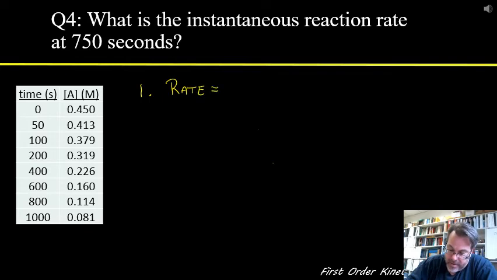that the rate, by definition, is the rate constant times the concentration of A at that particular time. So in this case, the rate equals the rate constant times the concentration at 750 seconds. But if you just get this problem, the first thing you've got to do